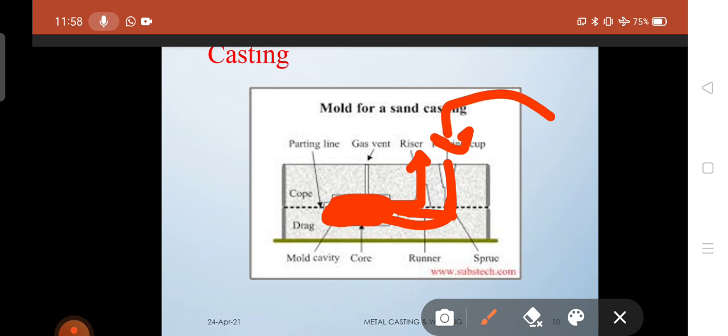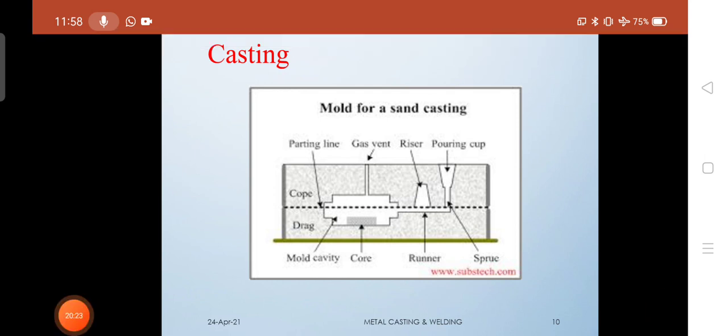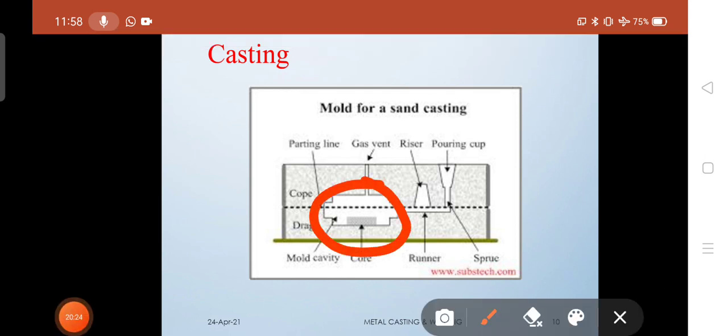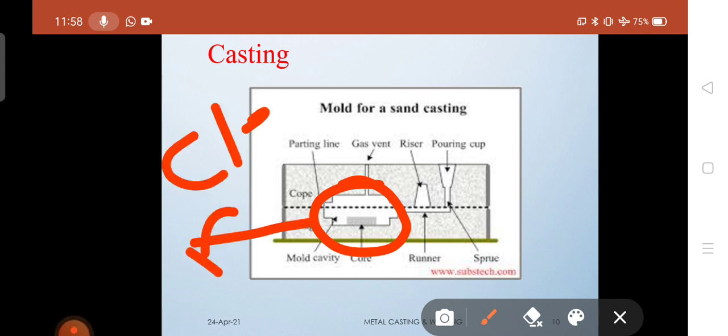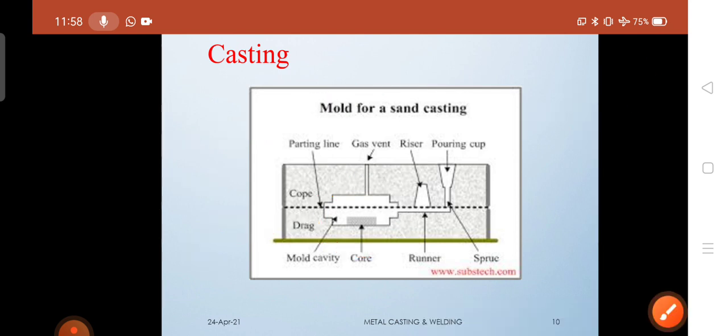After that solidification takes place, and later the step is to take the entire product outside, and we send it for cleaning or fettling. After cleaning, the product is ready for application wherever necessary. In this way, this casting process basically works.